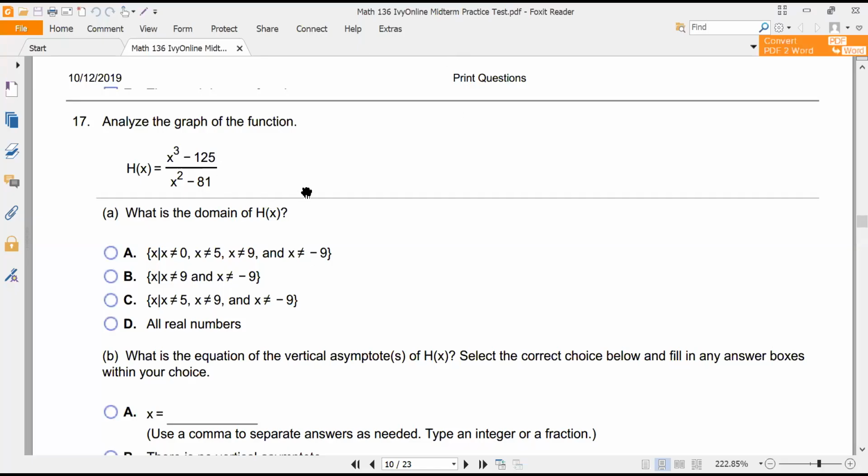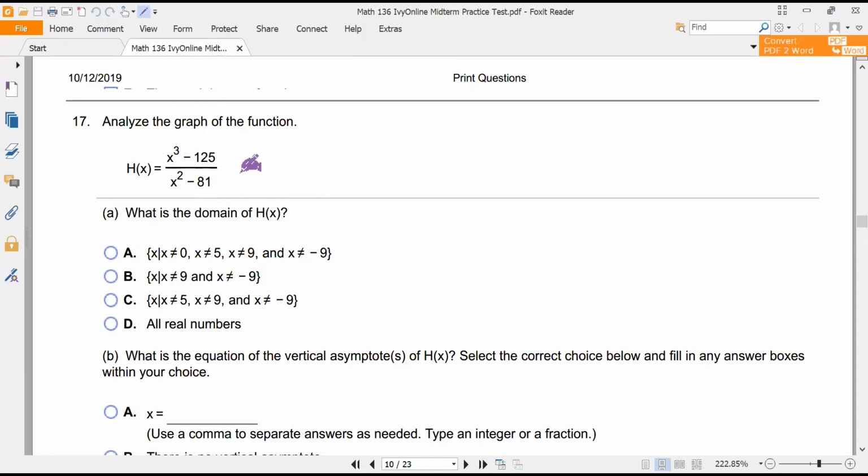All right, this is part 3 of the midterm practice review test. So we're looking at number 17, which says to analyze the graph of the following function. We have h of x equals x cubed minus 125 over x squared minus 81. One of the things we'll want to do to make the analytical part a little easier is we'll want to